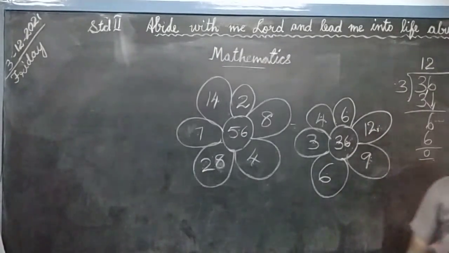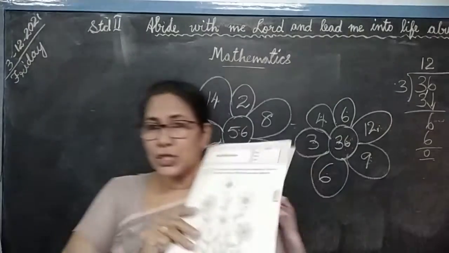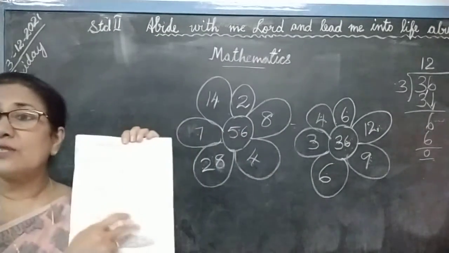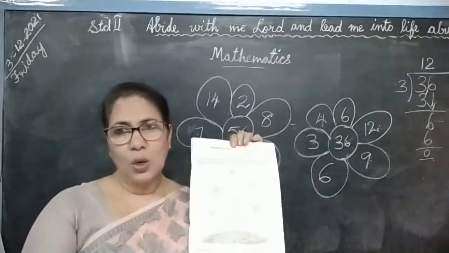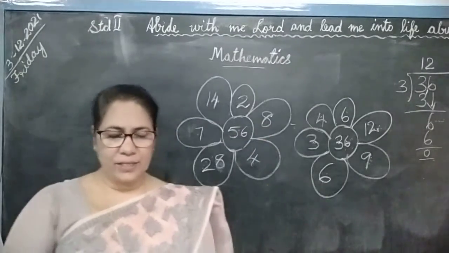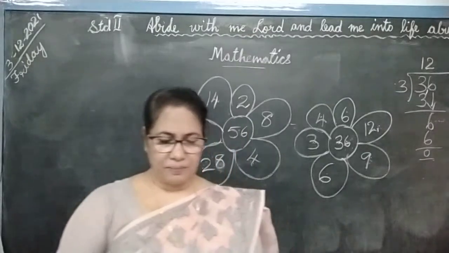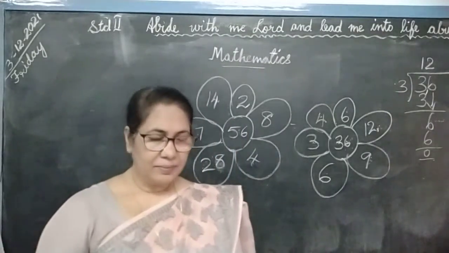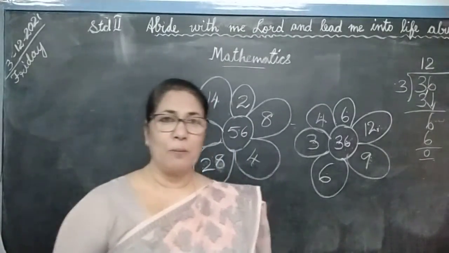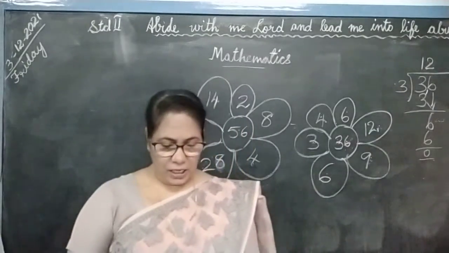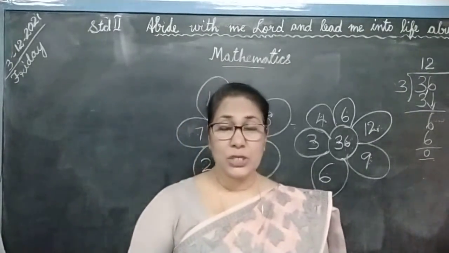Now which is the one you have to do? Now we have to do the next two petals. That's for homework. Just write the homework, HW. Okay. And then we'll move on to the next page. This is called the word problem. The next page is the word problem on page number 22.